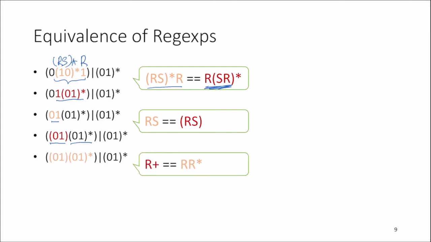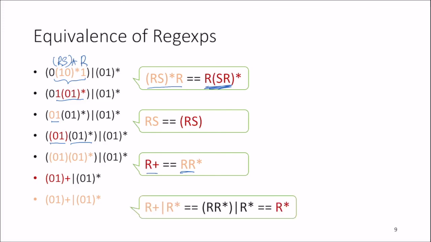And I can take that, which is just r star, right? And then I can replace it with r plus. And if I have an r plus followed by a 0, 1 star, we know from the reasoning we saw on the previous slide that r plus or r star is just r star followed by r star, and this can be replaced with r star, which gives us finally this much simplified regular expression